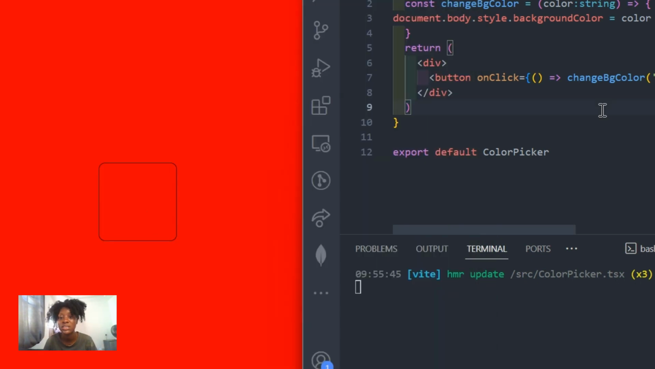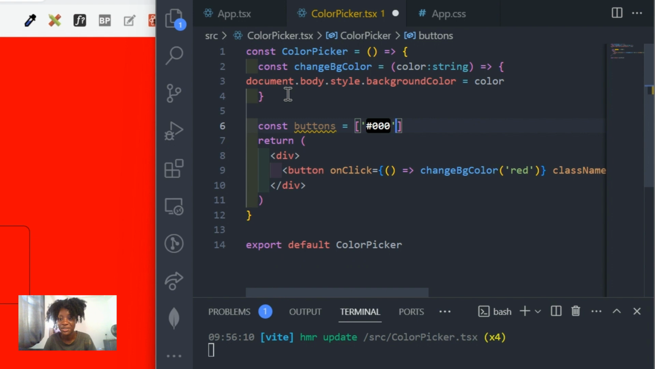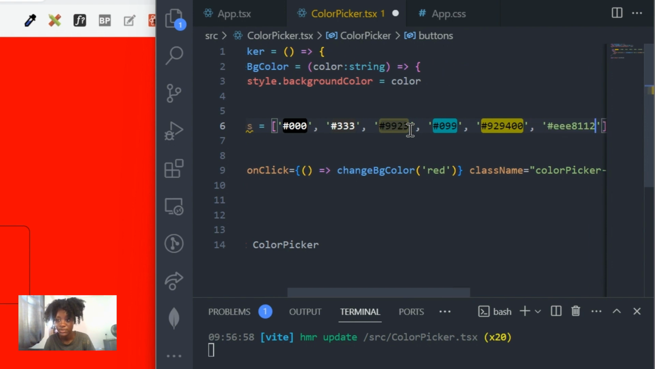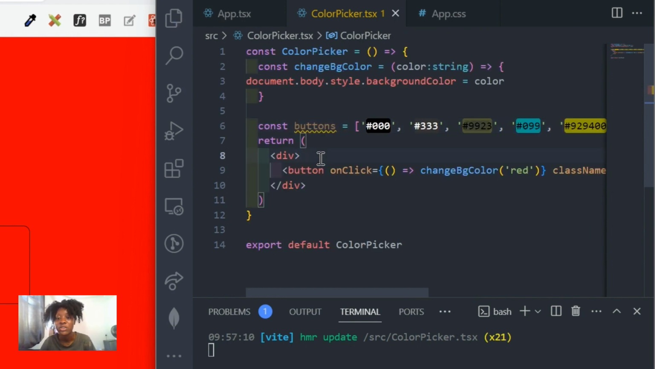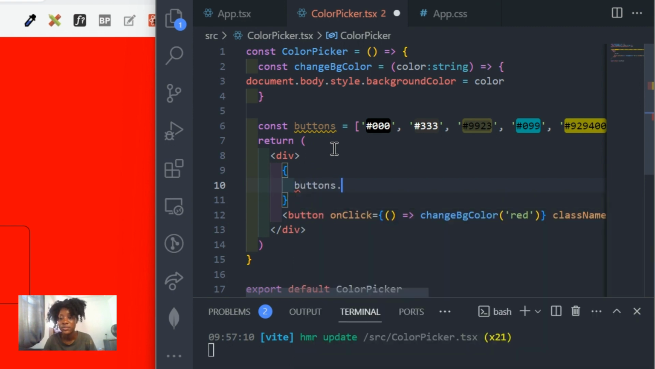Now let's create multiple buttons, and in order to do this, I'm going to create an array of buttons. And I'm going to come up with various colors here. Now we're going to map the buttons and display them in our button elements. We do this using the map function. We have an array, we want to display it as a list, so we use our map function. So buttons dot map,